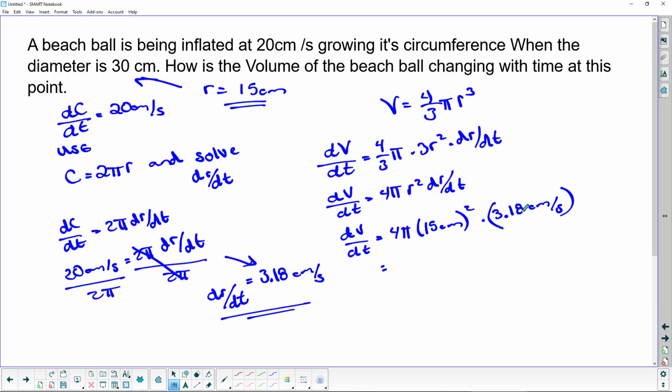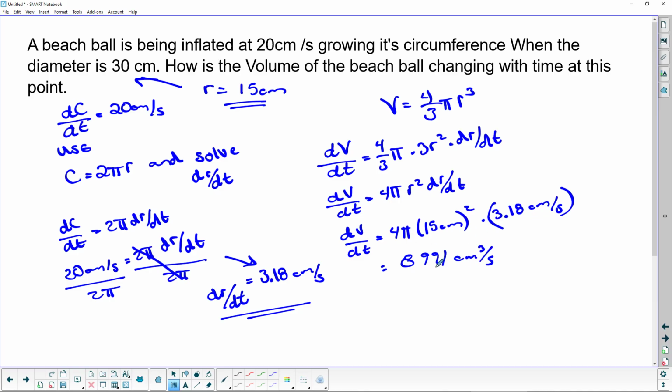15 squared, that is 225 times 4 pi times 3.18. So I get 8,991. So 8,991 cubic centimeters